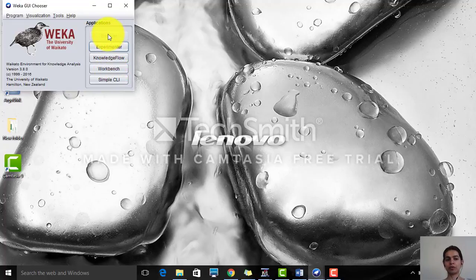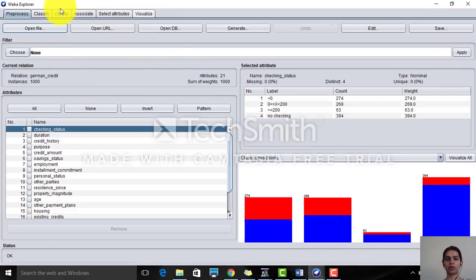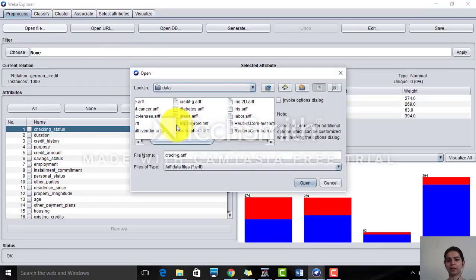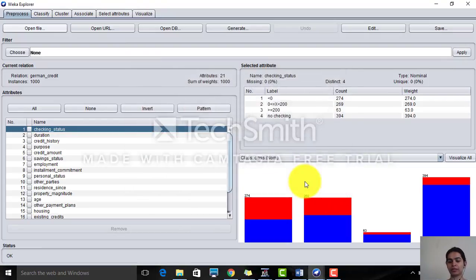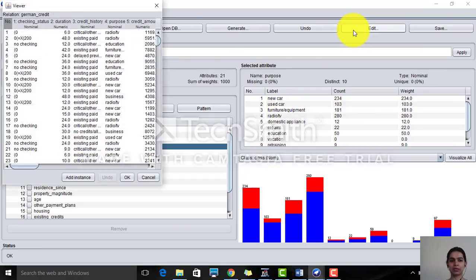So on clicking on Explorer, we will get the pre-processing, classify, clustering, association, all these tabs. What we do in pre-processing basically is we open a file, we select the path. For example, in this video we will take the German credit file, and now here we have the different attributes, so we can click on each attribute and side by side visualize how the data for each attribute looks like. Also here I can see the missing values, and if I want to go into detail into this, so here